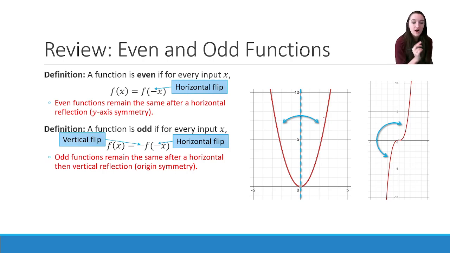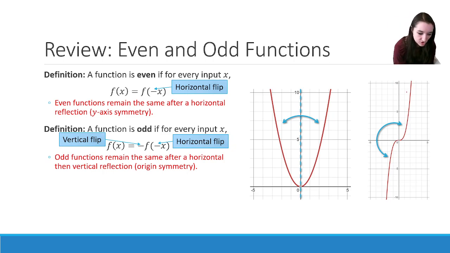So in other words, if I do a horizontal flip and nothing changes, then I have an even function, because it ends up equaling the original equation, and doing that y-axis flip ends up giving me the original graph. Whereas for an odd function, that rotational symmetry, by definition, an odd function is f of x equal to negative f of negative x. So we applied a horizontal shift, and then we apply a vertical shift. So if we do both of those things and it looks like the original graph,